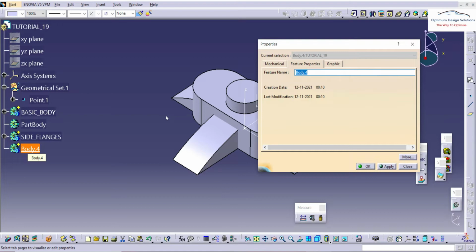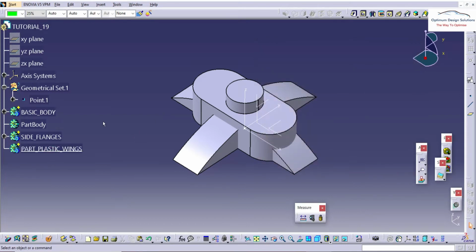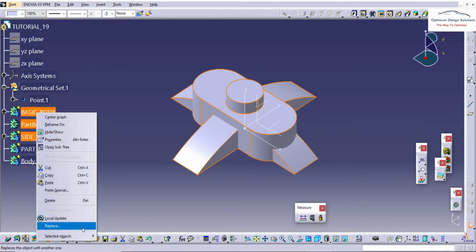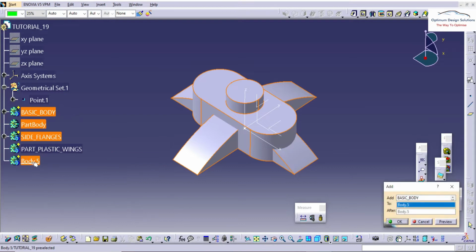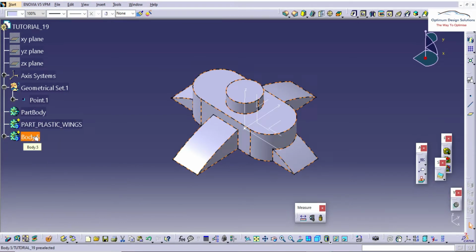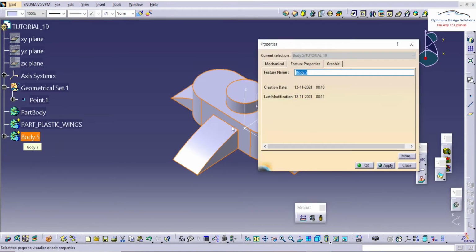Definitely, for ease we'll use the Boolean, and we'll use a separate body. Whatever name you want, you can give here. Part stick. Okay, before that we'll use the Boolean operations here. And this is the final part body, my part plus stick wings.